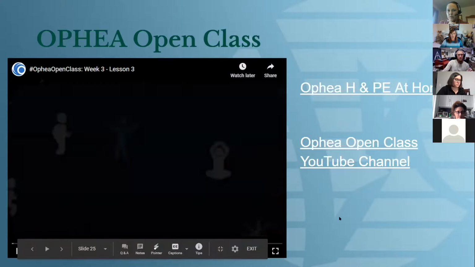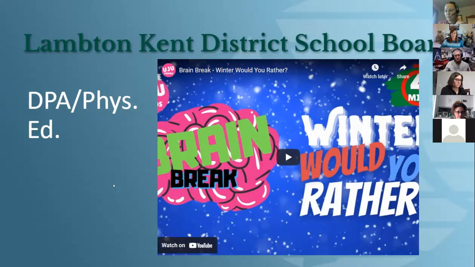The other one, oops, sorry, I forgot that the button is right there. These I've seen a lot in the brick and mortar schools as quick little brain breaks, and they're Would You Rather games. The students pick from the choices, and then they do the physical activity matching their choice. When I've seen them do it, it's been super cute because they all talk about it first, like I'm going to choose this, and then they do the activity. I can play the beginning of it if anybody wants to see what it is.